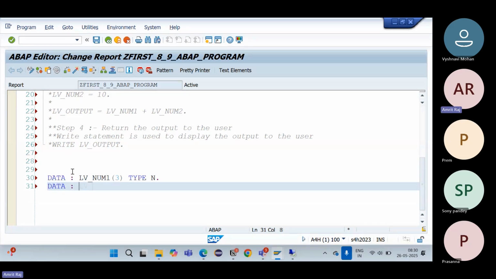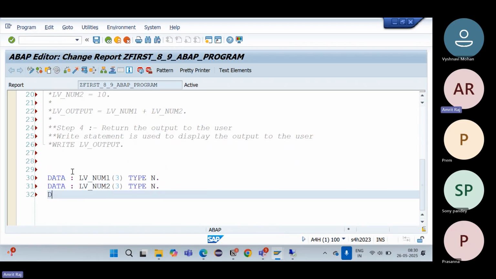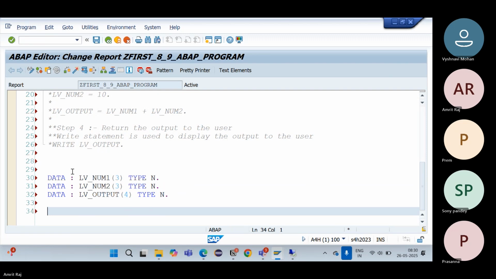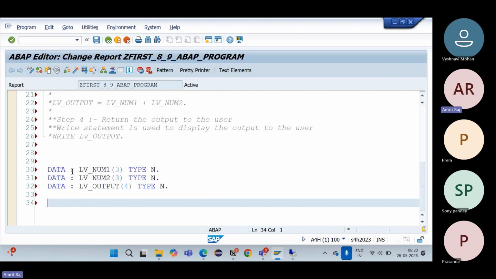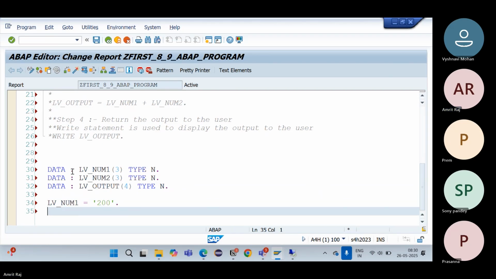LV num2, length 3, type numeric, and LV output. Let's say sum of 3, I will give here at max 4 also, numeric. Now let's store some value there. LV num1 is equal to 200. LV num2